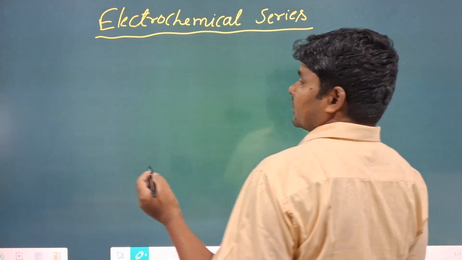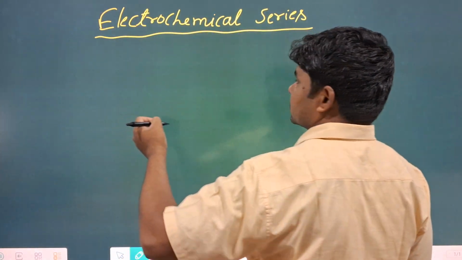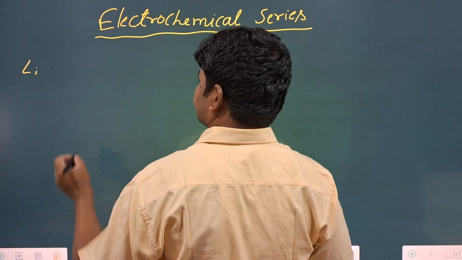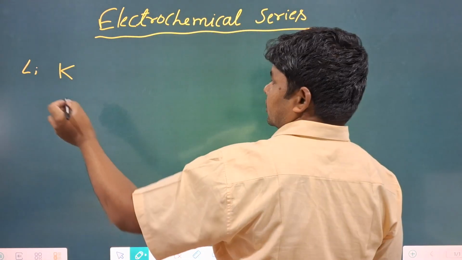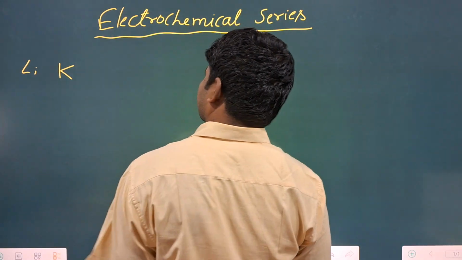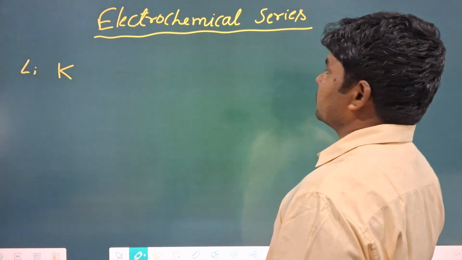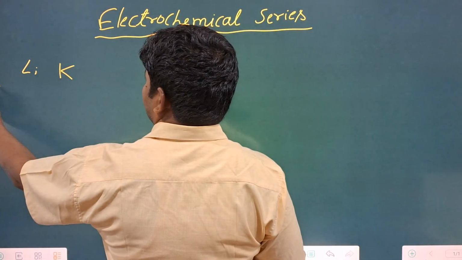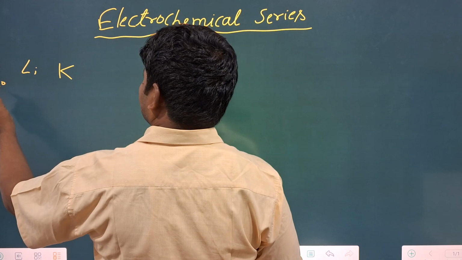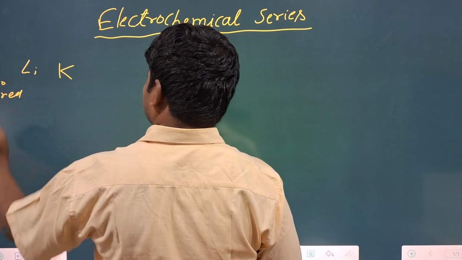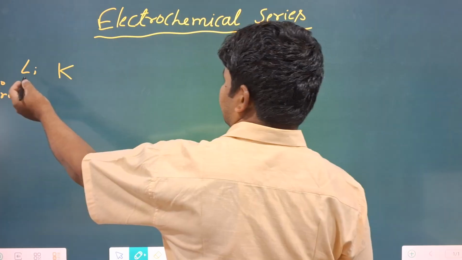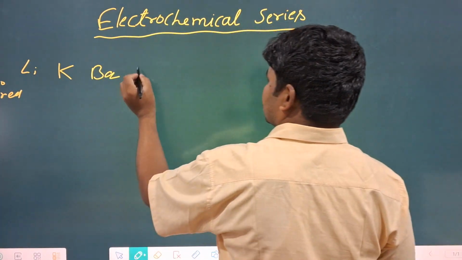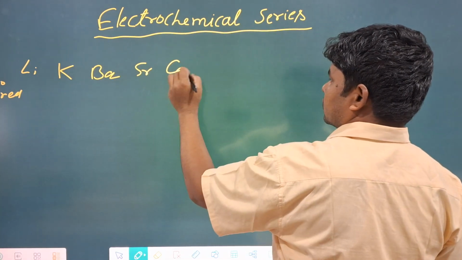In this series, different metals and radicals can be arranged like lithium, potassium. In this series, we arrange the different metals in the order of increasing standard reduction potential. Then lithium, sodium, barium, strontium, calcium,